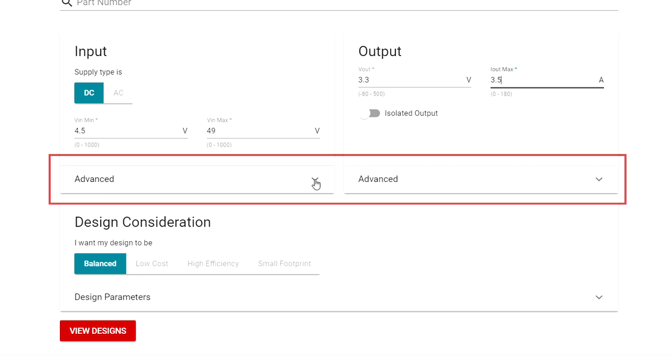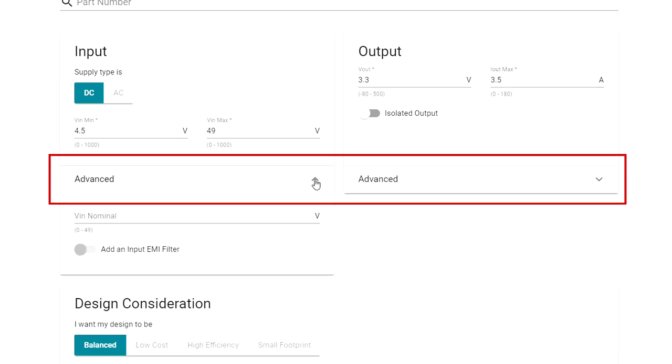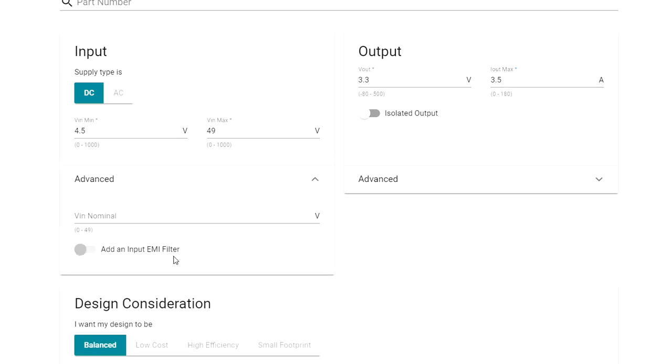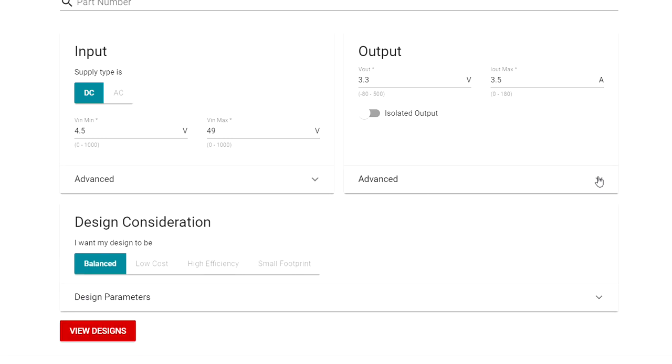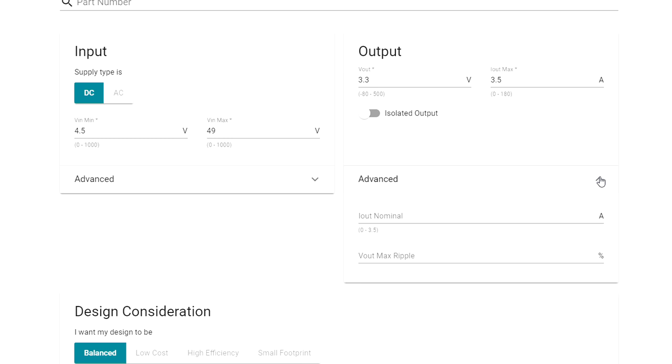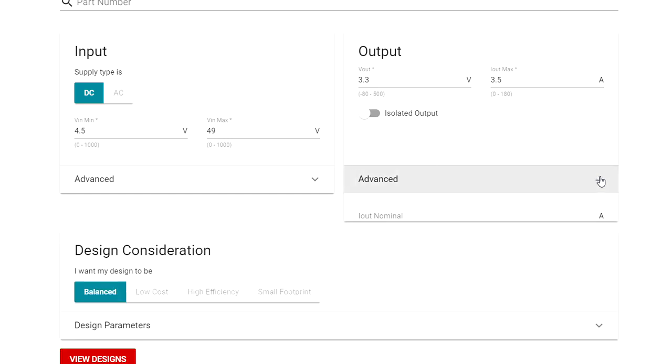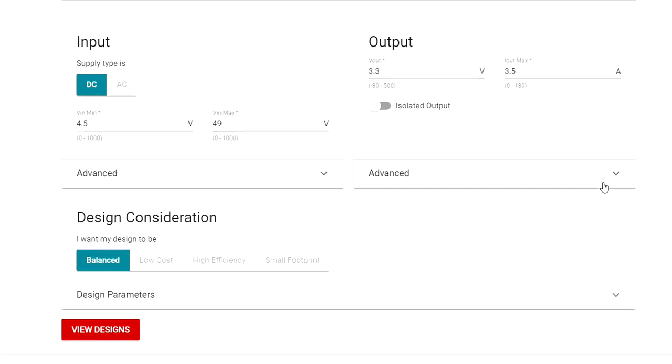Now, you'll notice 2 pull-downs, one under input, one under output, for optional settings such as an EMI filter on the input, and we provide the ability to set a maximum output ripple and other options on the output.